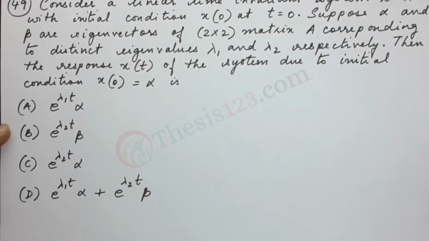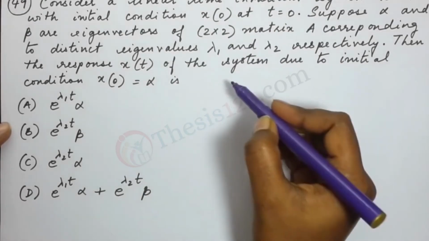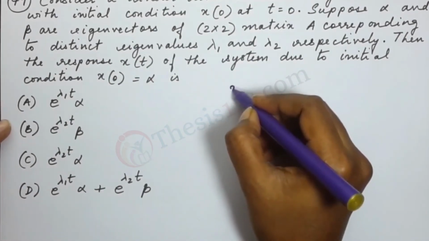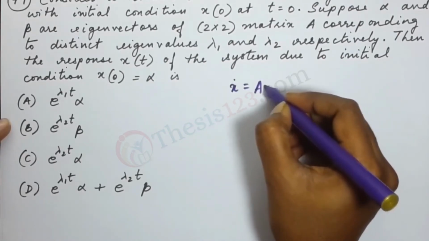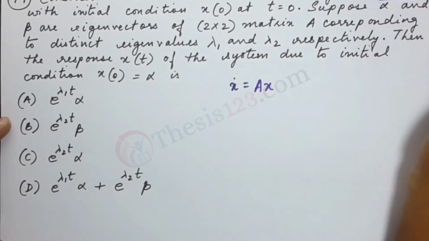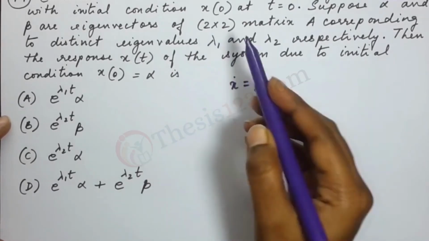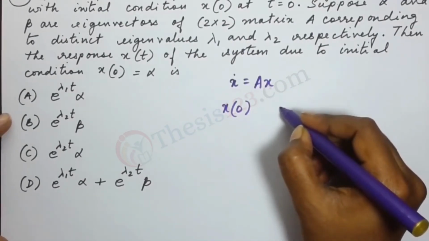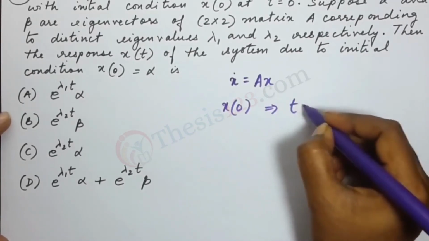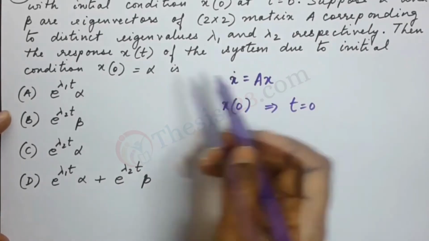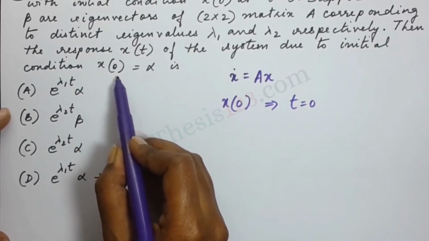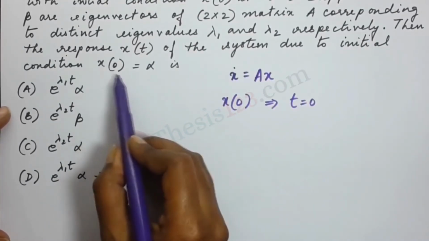Okay, so the first step, let's note down what's given to us. We have been given the system x dot is equal to Ax. So that's our first step. Next we have the initial condition x of 0 at time t equal to 0. Now the question asks us to find the response for the initial condition of x of 0 is equal